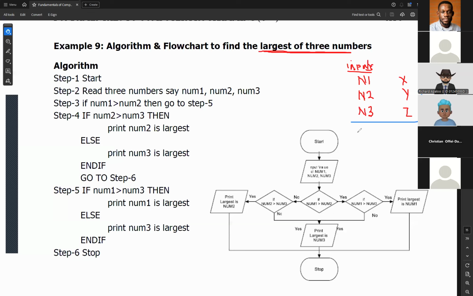So first, we'll say that the first number, okay, if the first number is greater than the second number, we want the largest. Okay, that's what we want. We want the largest. So our focus is on the larger number. Okay. So if N1, number 1 is greater than number 2,